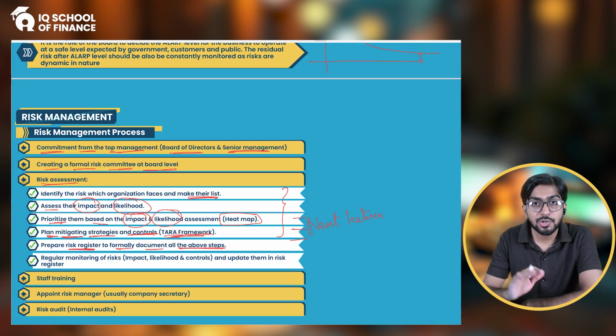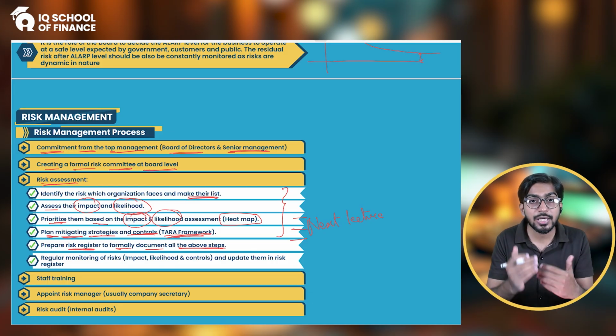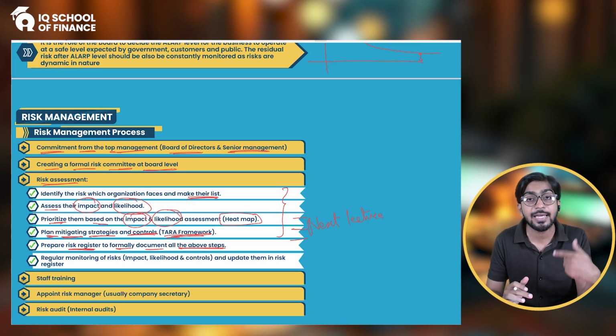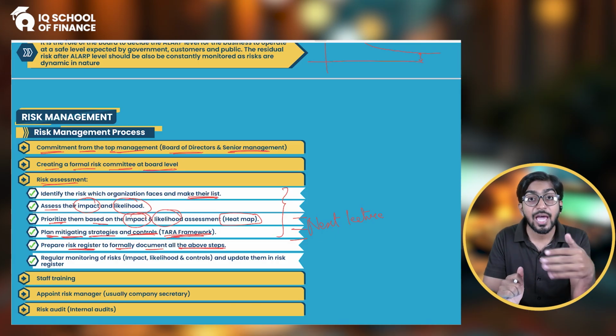And then once you have made a risk register, you have done the risk management exercise. Now the job doesn't end because it's an ongoing activity. Risk management is not a one-off event. It's an ongoing activity. So you have to revisit your risk register again and again, because we all know that the environment changes, the circumstances change. So there is a possibility that based on those changes, maybe the impact or the likelihood of your risk has changed.